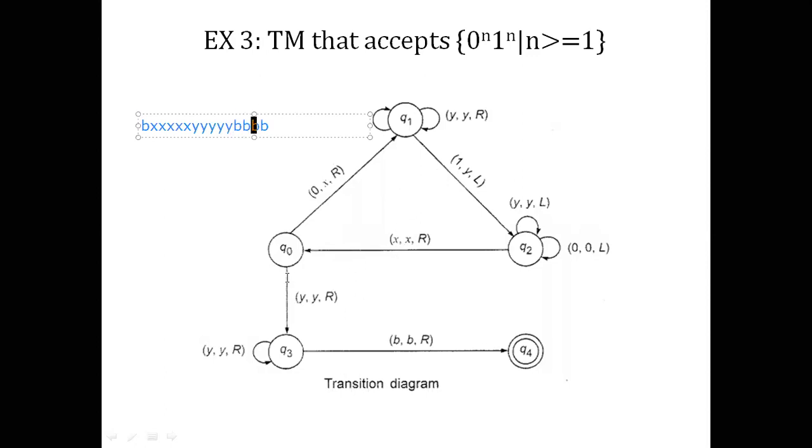So again, I can start for another string and then we can execute with the help of the diagram. Now the machine is in the state Q0, so Q0 is the initial state. On reading the first 0, it writes an X and moves one cell right. So it will replace this with X and move one cell right.